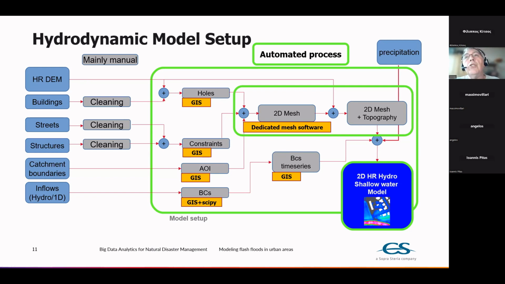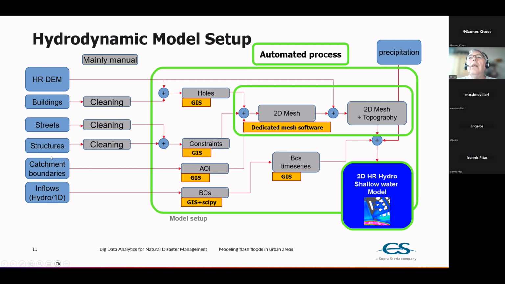ground footprint, because where we have buildings, we have no water flowing. Same for the streets, because we consider that the streets are the main channel for the flow when they get out of the river channel. Different structures are, let's say, something which is a mix of buildings. Sometimes you have to mix the different buildings to make a kind of small island, which is not only one